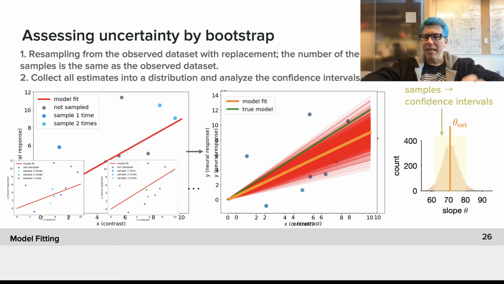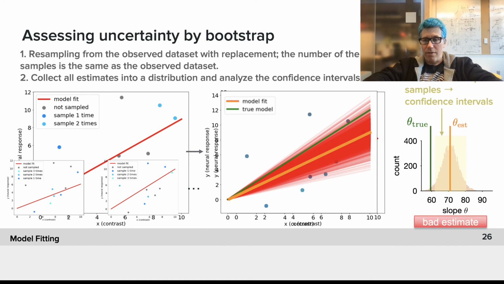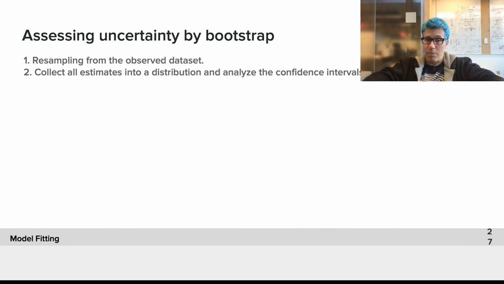Then we can take the 95% of the samples that are closest to it, which means we basically exclude the bottom 2.5% and the top 2.5%, and that gives us the 95% bootstrap interval. In this specific case, the true value was just slightly outside of it, and we might say that in this case it's a bad estimate based on the data that we have. It was unlikely that the real slope theta true was that large, which might make us suspicious if someone would say the real true value is this. Not very suspicious, but somewhat suspicious.